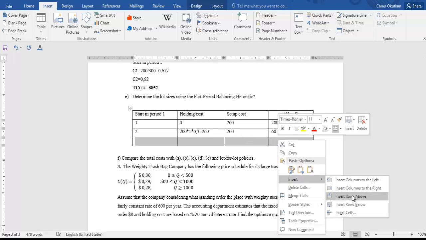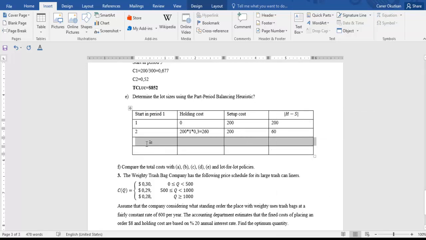And third week, our holding cost 144, again our setup cost 200, and absolute difference 56. So we can see here 200 and after 60 and 56. So again we have to look decrease and increase. We can see decrease, and fourth week